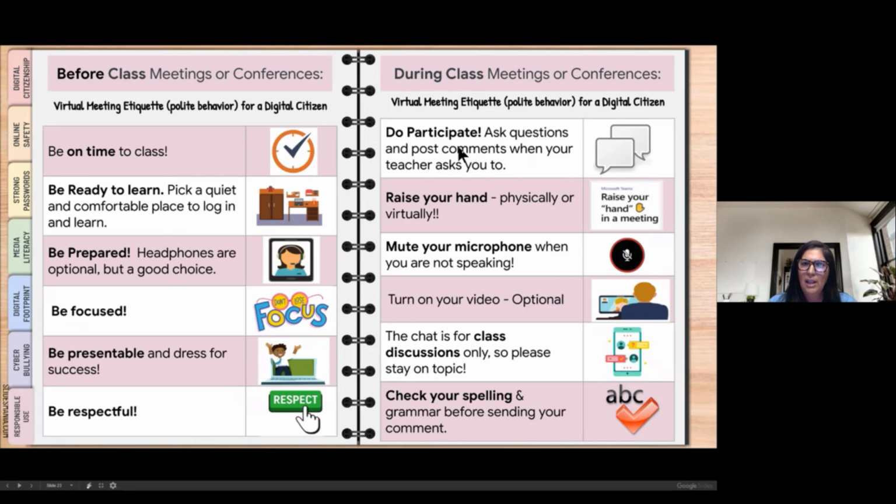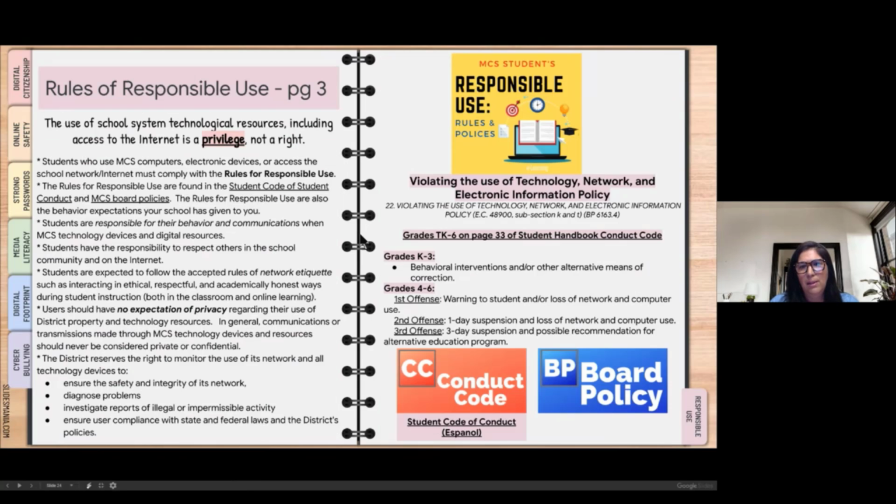And then on this side, I go over virtual meeting etiquette during class, some things that the students can do. This is probably a reminder. Most teachers have probably already covered this, but I thought I'd just go ahead and have it in the handbook for years to come. And then over here, something new that I added was links to the student code of conduct, the board policy,